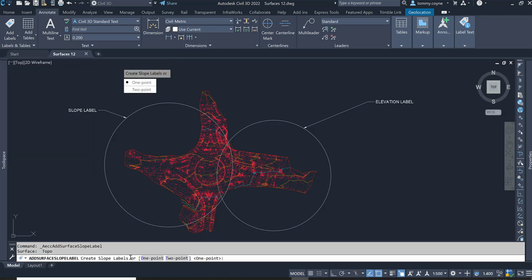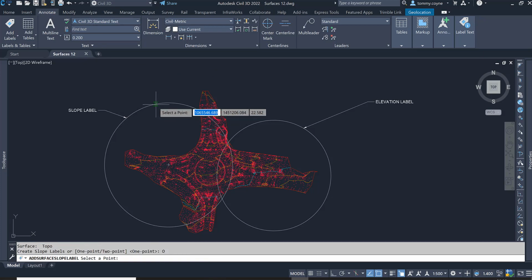You will see on your command bar that there's two types of slope labels. There's a 1 point and there's a 2 point. I'm going to add in a 1 point slope label by selecting 1 point in the command bar. I'll select it again and select it here, and it finally registers it. And then I'm going to place this slope label right in the middle of the circle and left click to